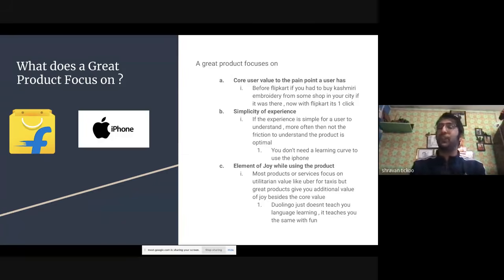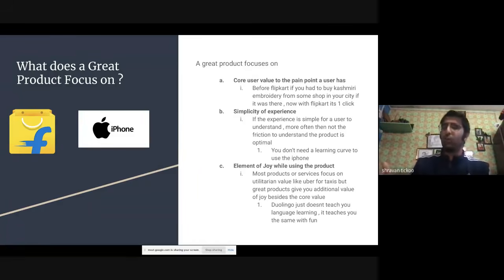The second part is the simplicity of experience. Now किसी भी e-commerce website पे अगर assume करो कि products सामने नहीं दिख रहे होते, if the products had not been visible upfront, right, you would have to figure out how do I find this. So that's why they make the experience so simple that there's a search bar on the top. So if you're not able to find the product on the home page, you just put it there, like I want this, right? So it's so simple to use that you don't need a learning curve. It's as simple as anything.